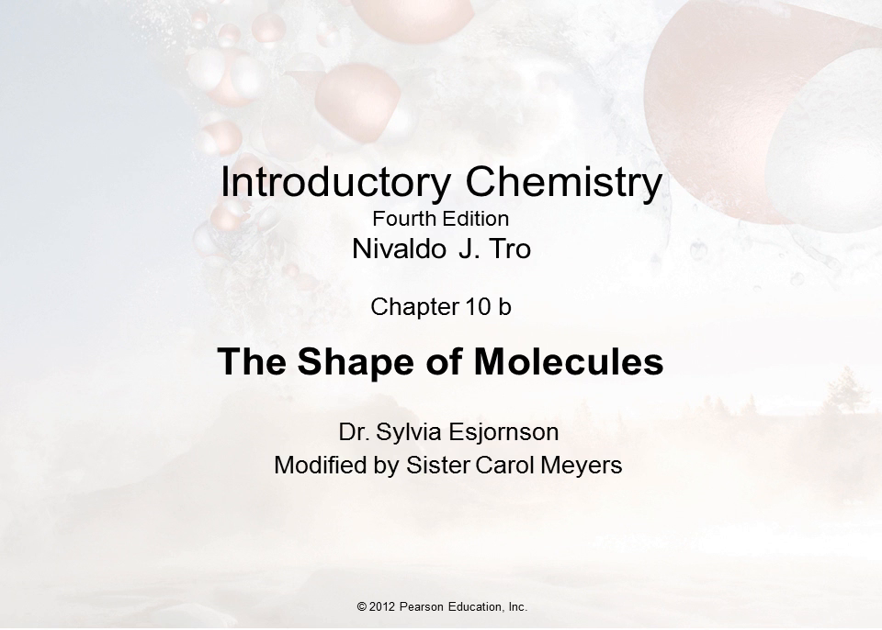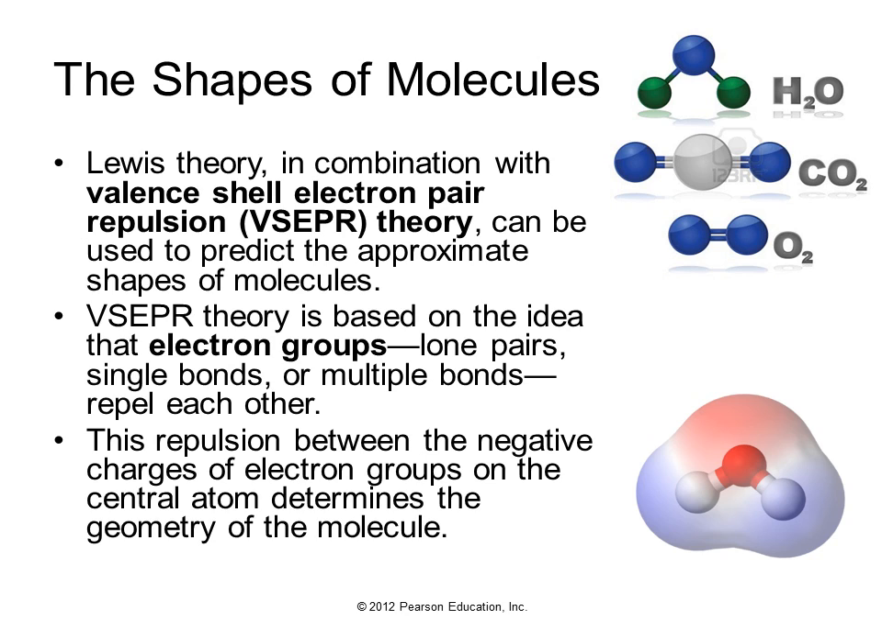Chapter 10b, the shape of molecules. In considering the shape of molecules, we can use certain rules to determine this. Lewis theory, in combination with valence shell electron pair repulsion, VSEPR theory, can be used to predict the